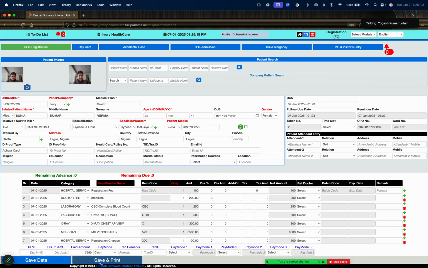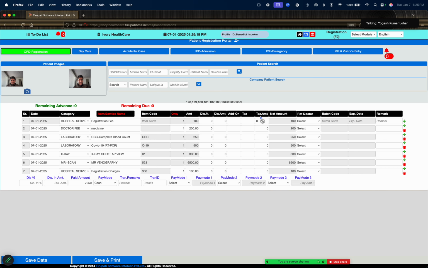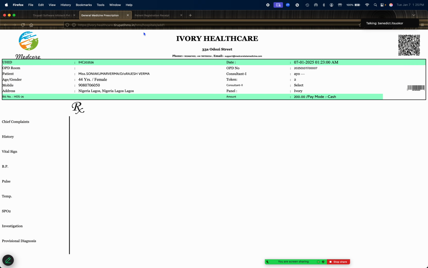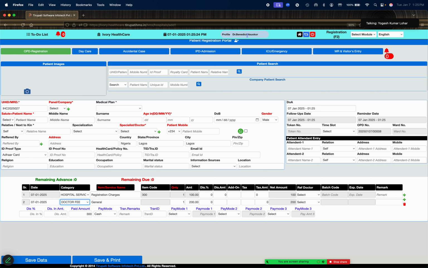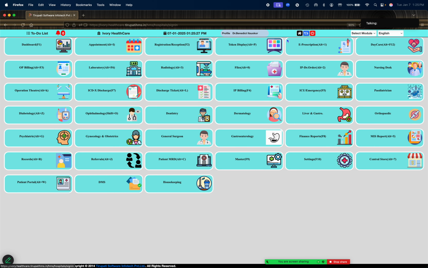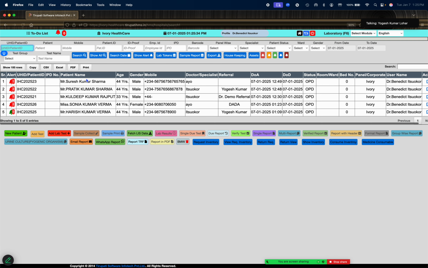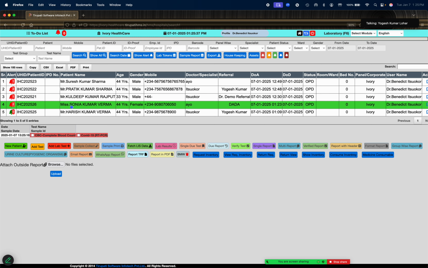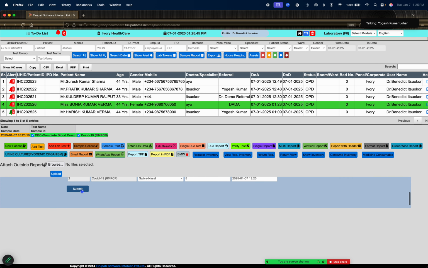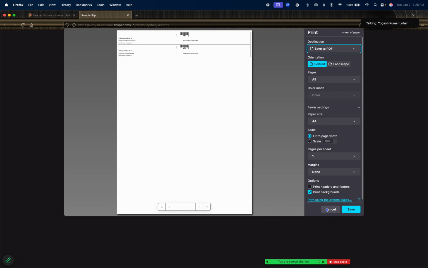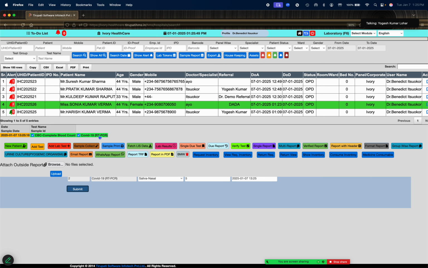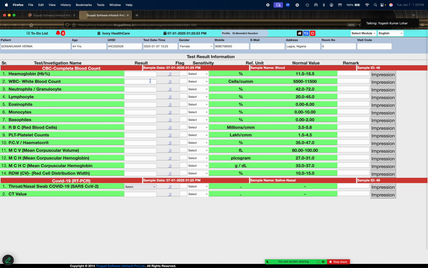Okay, so now we save the patient bill of this particular patient, and the bill is generated in the hospital account. Good. Okay, and now we go to the laboratory services also, and here we have the patient Sonia, for which we have selected the referral doctor Dada. Okay, and there are two test requests for the patient. We do sampling services of the laboratory test.